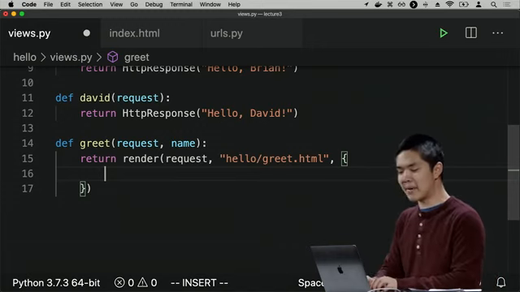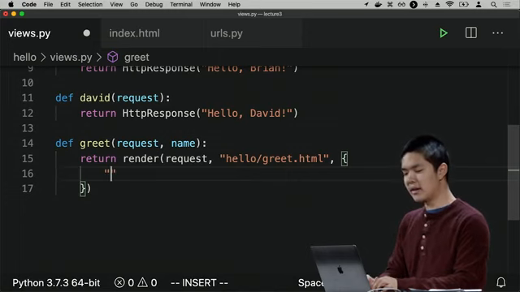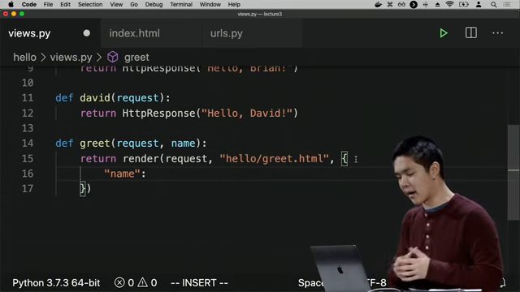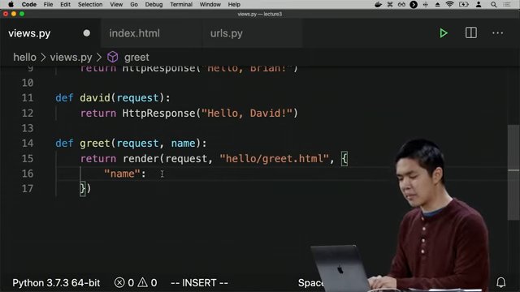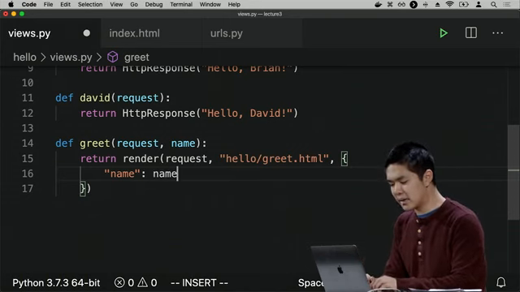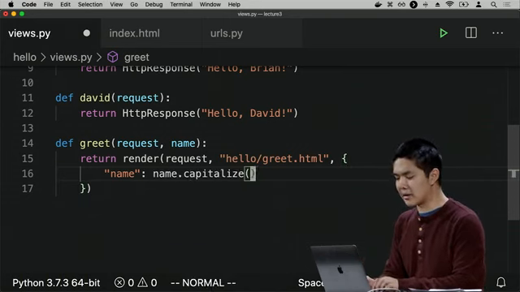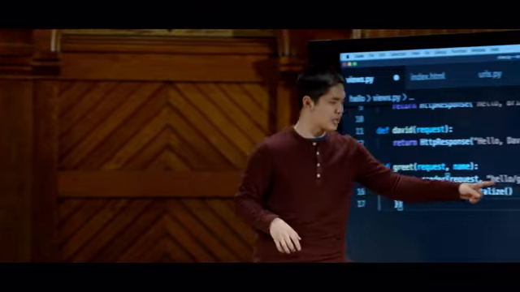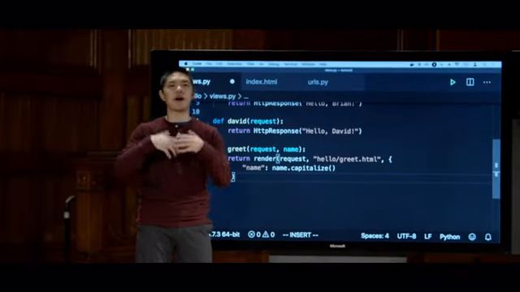And so one thing I might want my template to have access to, for instance, is something like a name. And so this is a Python dictionary, just a sequence of key-value pairs. And this name might be associated with what value. So name is the key. The value I want to be name.capitalize. And so what's going on here is that now, when I render this template hello/greet.html,